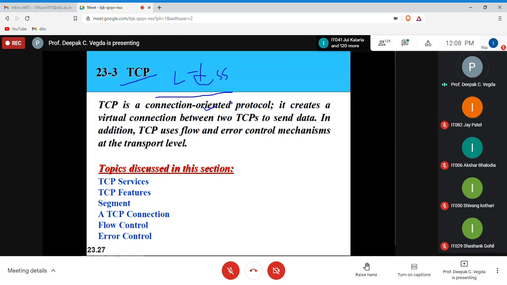Connection oriented means before you communicate, you need to build a connection. Before I communicate with you, I need to build a connection with you. Suppose you take this as a phone call. When you dial a number and the other person's phone is ringing, you try to build a connection before you transmit your data.